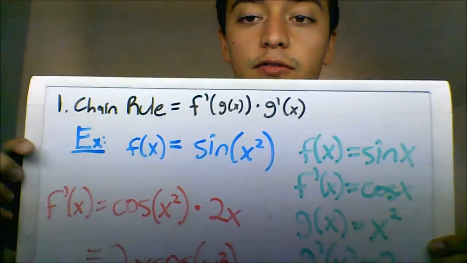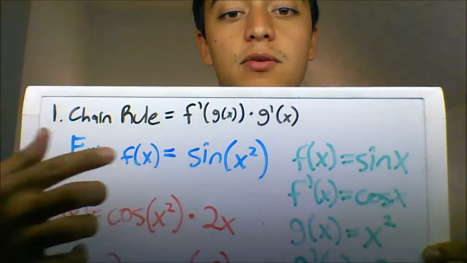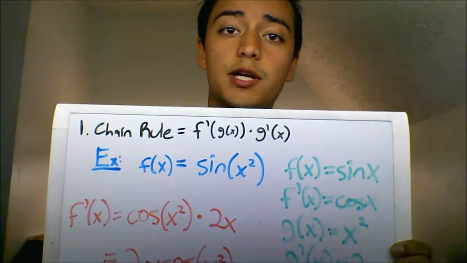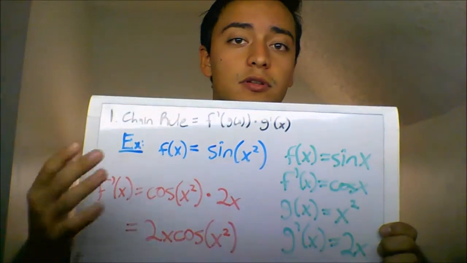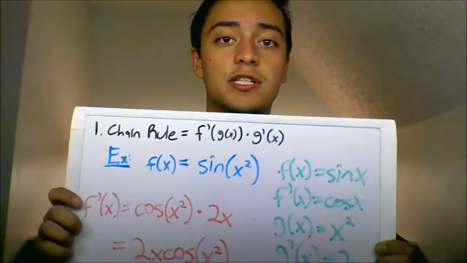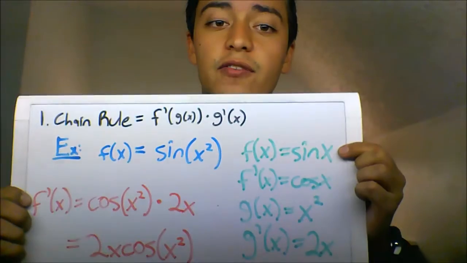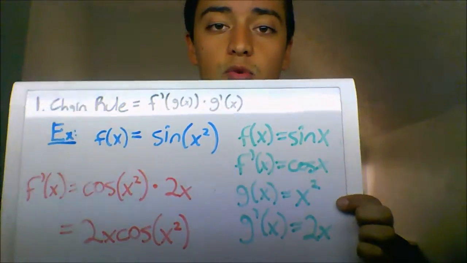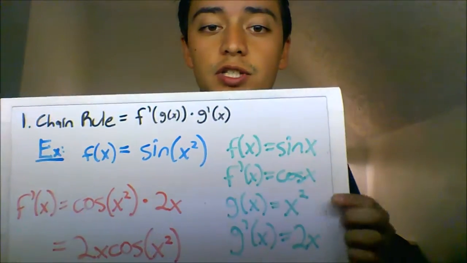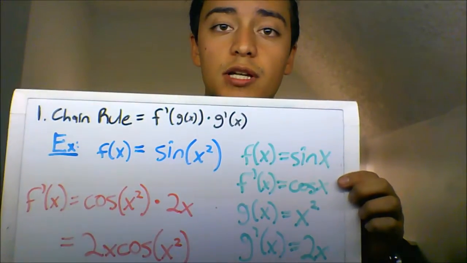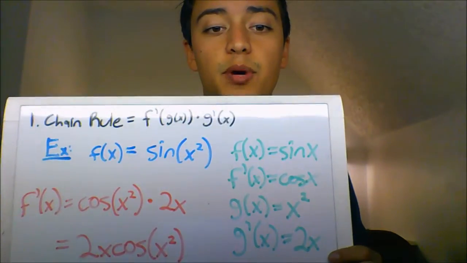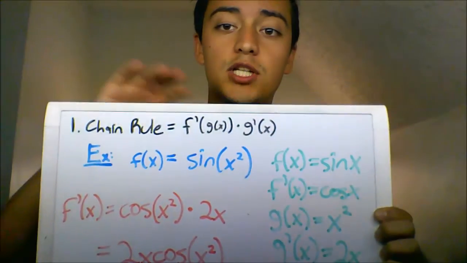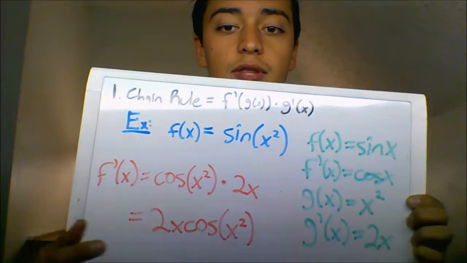We're going to solve f of x is equal to sine of x squared using the chain rule. The best way to do this is to break down the function into the two different functions that are within it. So we have f of x is equal to sine x, and we have g of x is equal to x squared, and then the derivatives of each, f prime of x being cosine x, and g prime of x being 2x. With that now, we can look at the equation for chain rule, and know that we're going